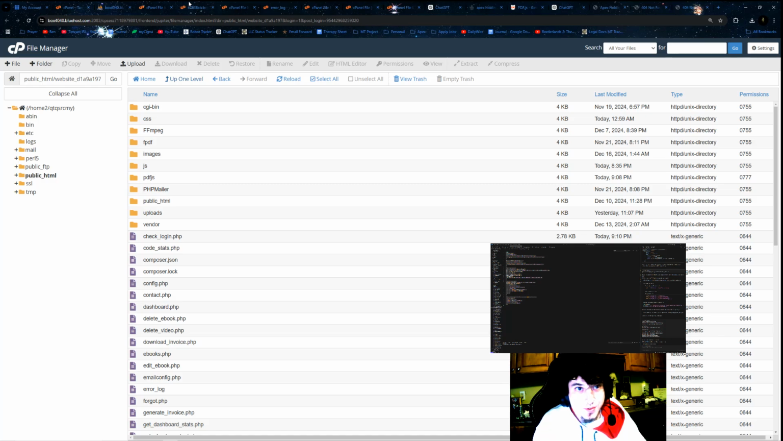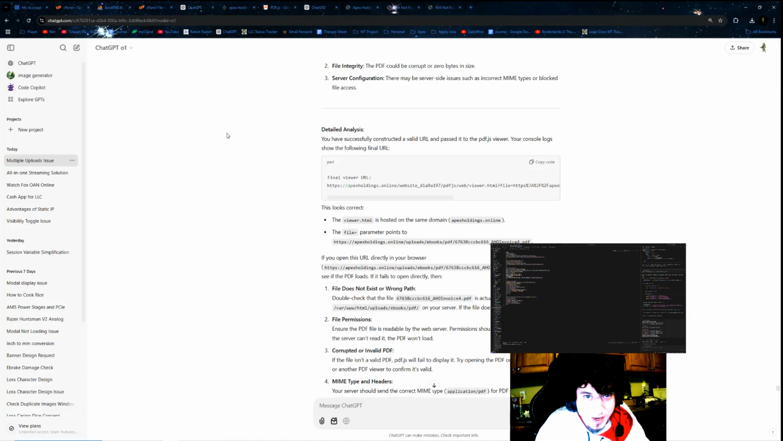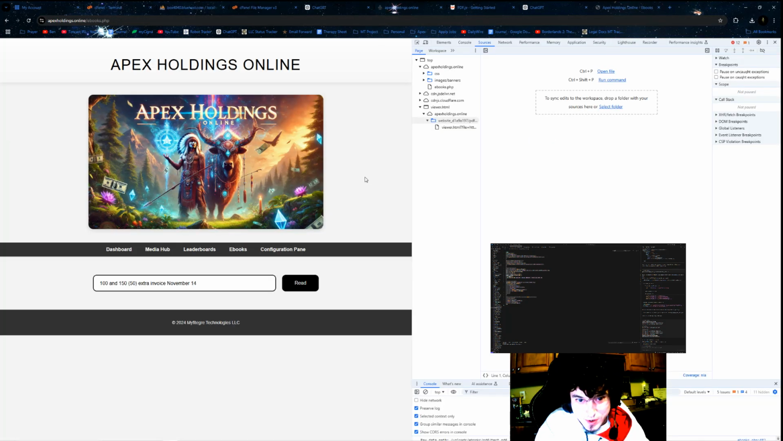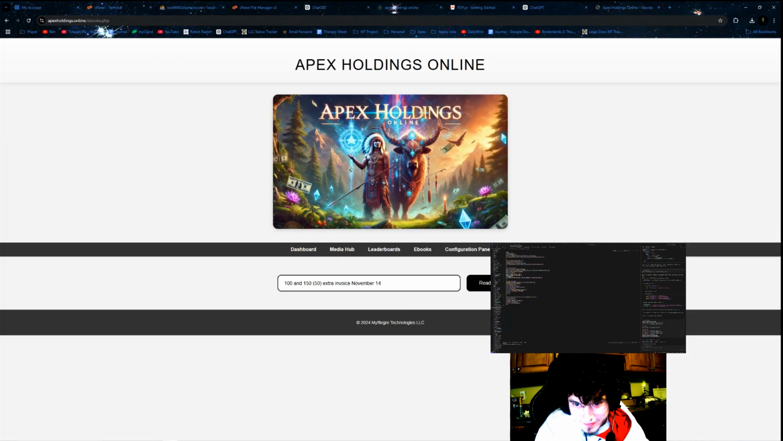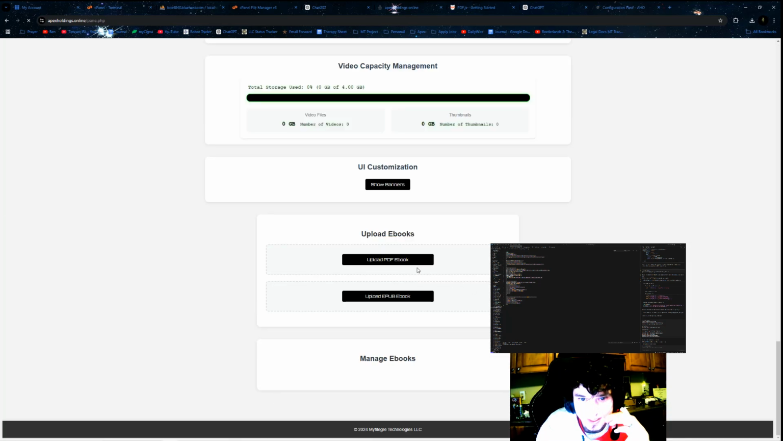Okay. So I don't know why I'm just trying to avoid this, but let's do it. Actually, I know why I'm trying to avoid this, because I'm thinking about updating the configuration pane, which I don't want to do, right? I'm thinking about making it so that when you upload ebooks, it makes it a blob. But